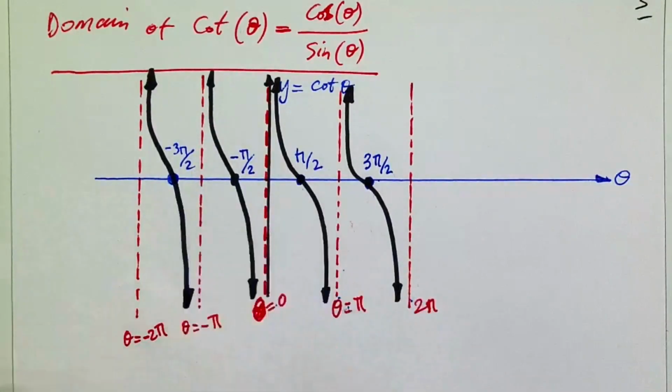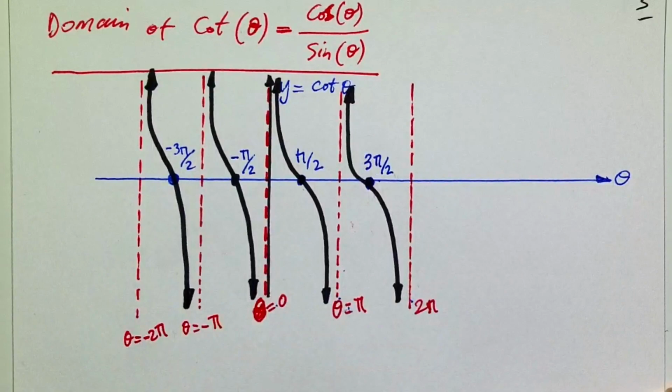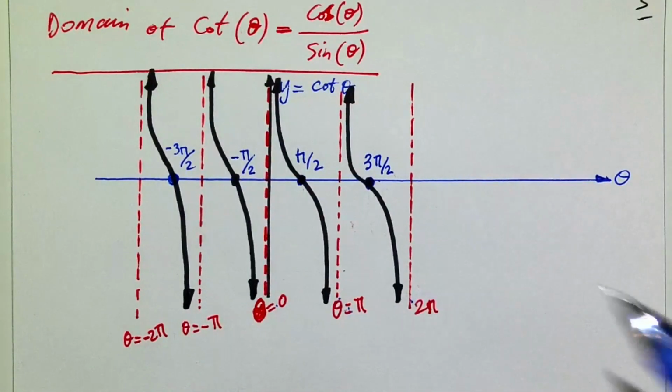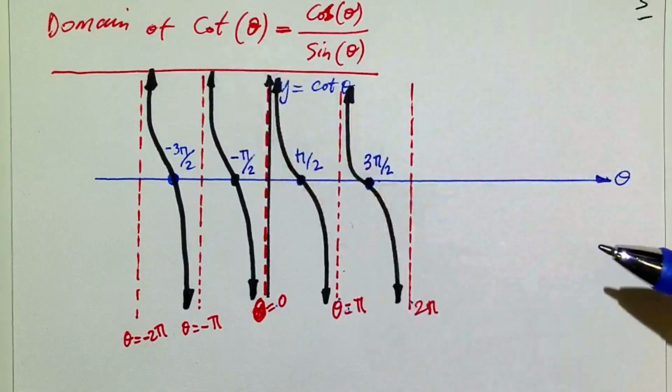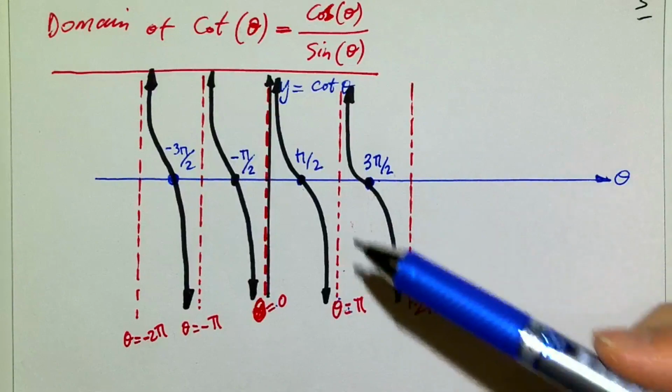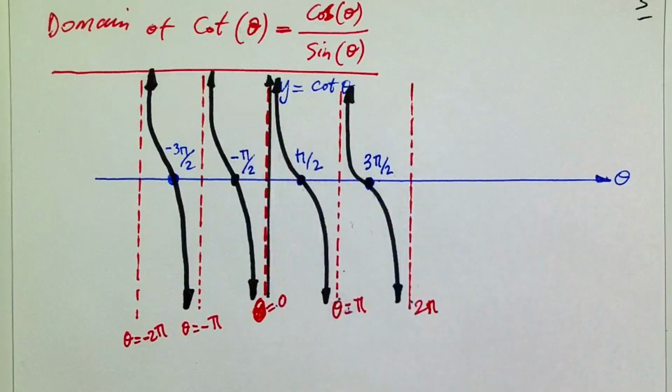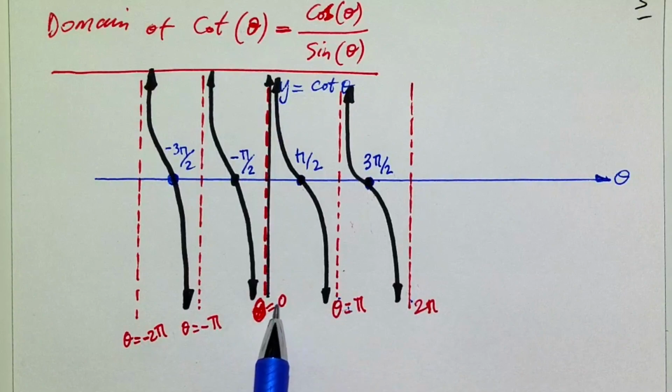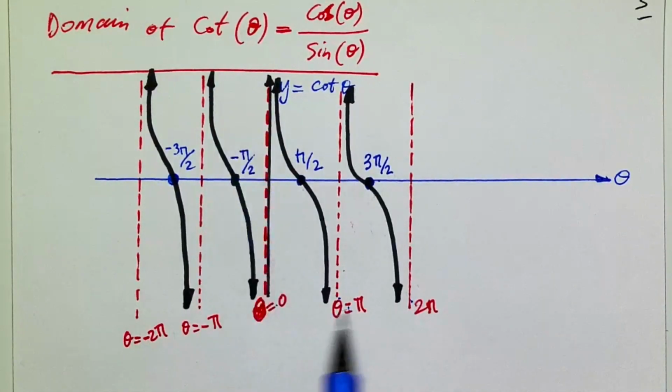And of course, it'll continue in both directions because it's a periodic function. So when we write the domain for the cotangent function, from this graph, you can tell that all real numbers are acceptable except any multiples of pi, right? So 0 pi, that would be 0. It's an asymptote. So we have to exclude these asymptotes. How do we do that?